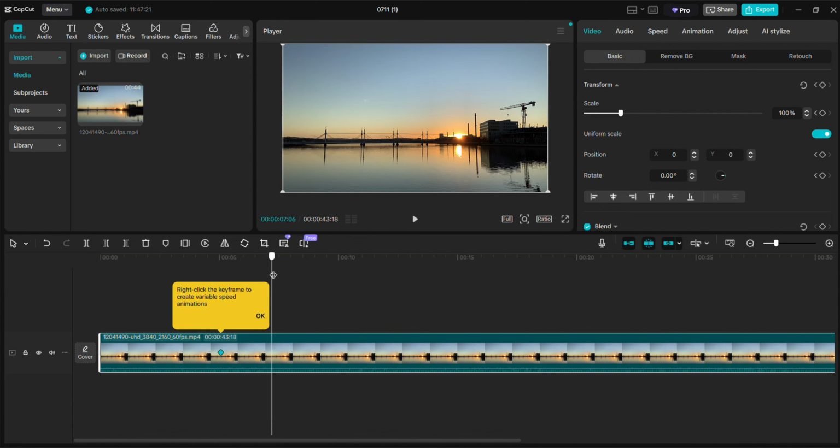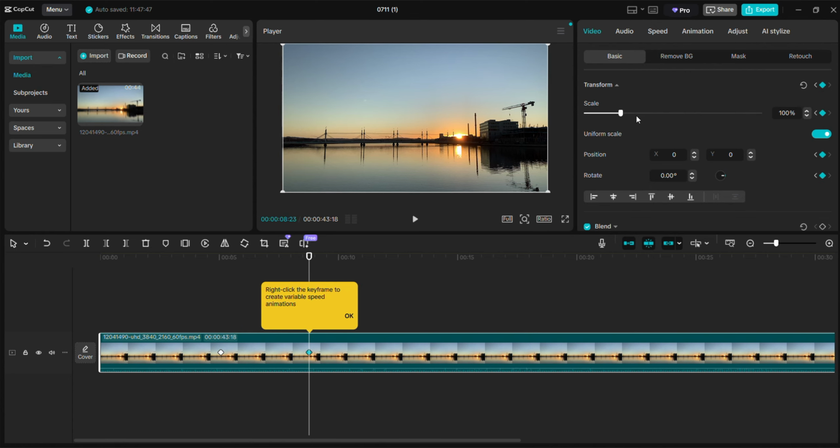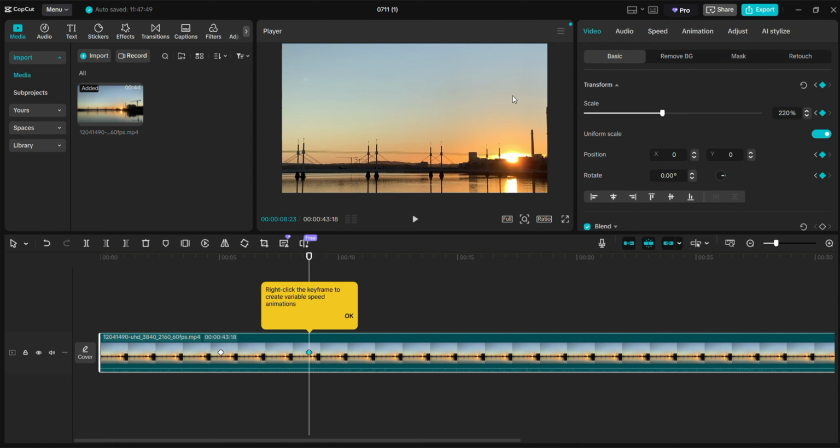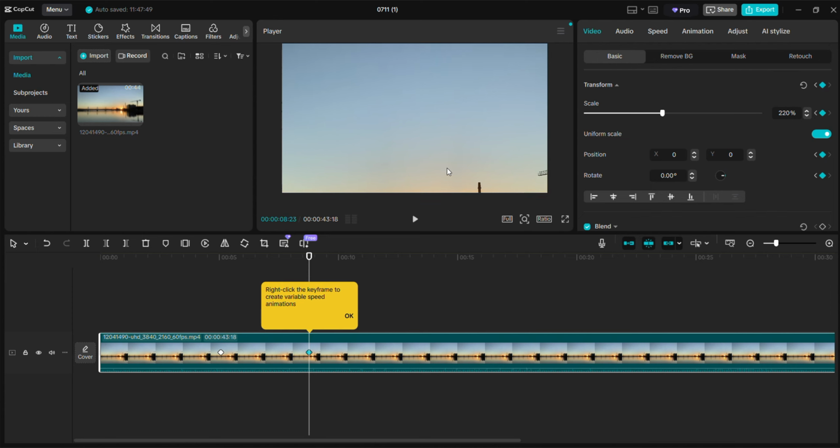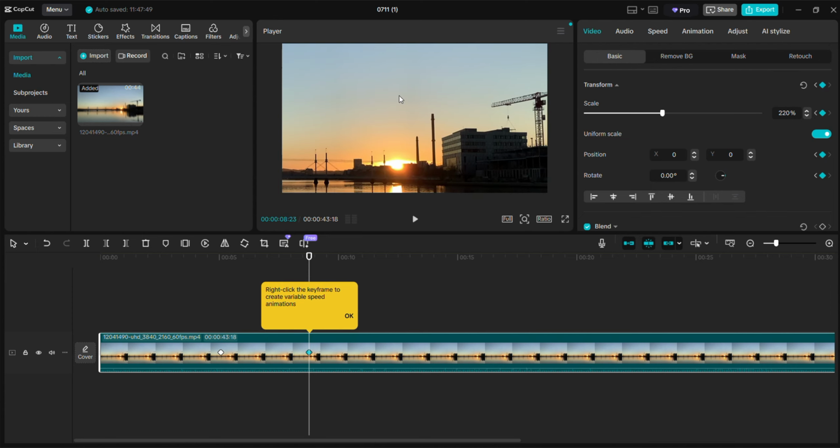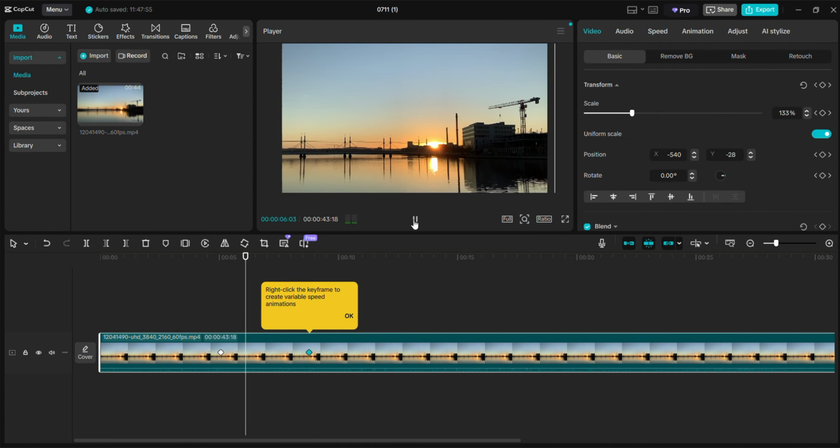Next, move the playhead a few seconds forward. This is where the zoom effect will reach its full size. With the same video still selected, go back to the Scale option under Transform and use the slider to increase the size. This creates a second keyframe automatically, and now your video will smoothly zoom in from the first to